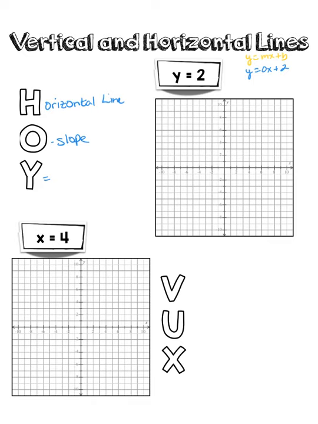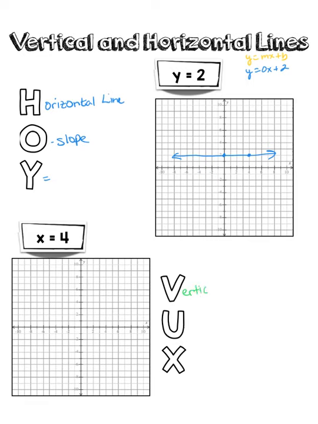Remember that. So y equals 2, I put a dot here, and then I can put a dot anywhere else I want on that same line. That is my horizontal line. Y equals 2. HOI says horizontal. Your y equals will always be a horizontal line. Now VUX,